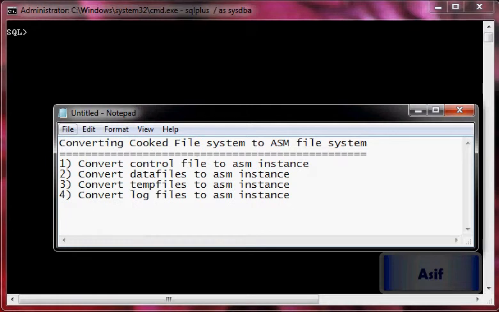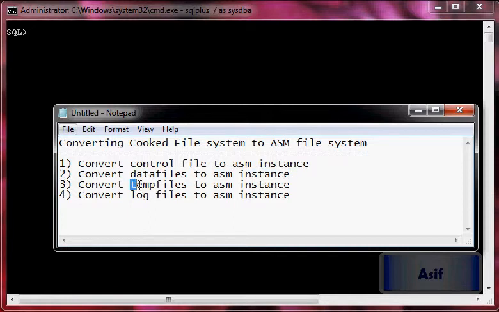So what we are going to do here is that we are going to convert control file from cooked file system to ASM file system. This is the first step. The second step is to convert data files to ASM instance.